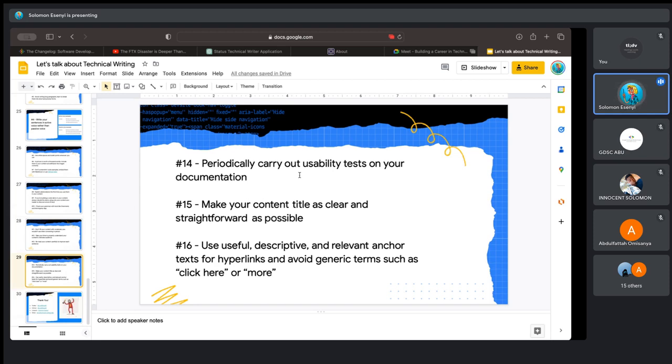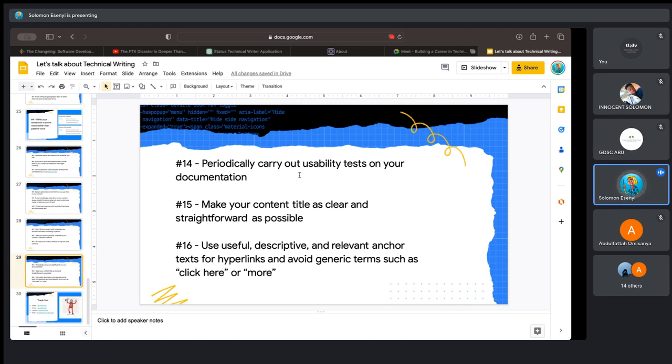A usability test is one where you invite an engineer, or somebody who has no idea about that product. You tell them to read your article or go through your documentation and follow it through, and you just observe them while they do this. The aim is that if any part of the article is confusing or hard to understand, the person doing the test would highlight it, and you can use that feedback to improve the documentation or that particular article.